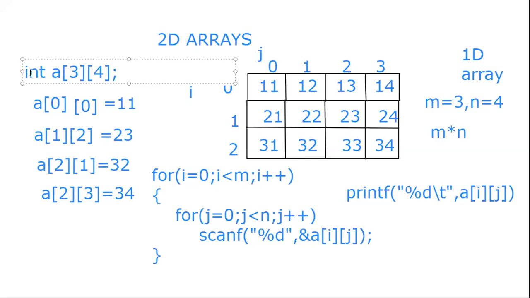So this means we have declared a two-dimensional array. A is the name of the 2D array and it is of type integer. All the elements in this array are of type integer. The first number indicates there are 3 rows, and the second number indicates there are 4 columns. This will reserve memory for 12 integers. Later we will take input and store values. I hope this declaration is clear.